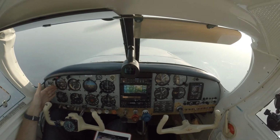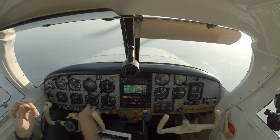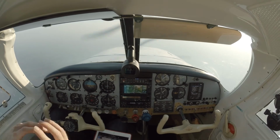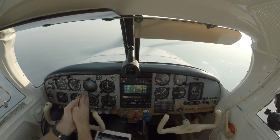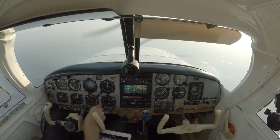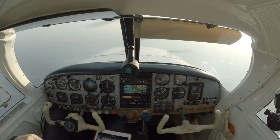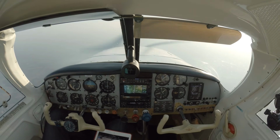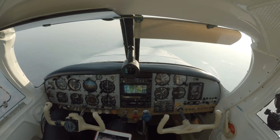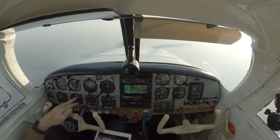There is a module for that for the S-Tec, a GPSS module which can translate the data into a heading mode signal. So this module is mimicking the heading indicator, basically a digital heading bug, which follows the instructions of the GPS, feeding that as a heading signal to the autopilot. But I think it's $2,000 or $3,000 plus installation, so that's not worth it for me. I may at some point, for sure not now, but I may at some point replace